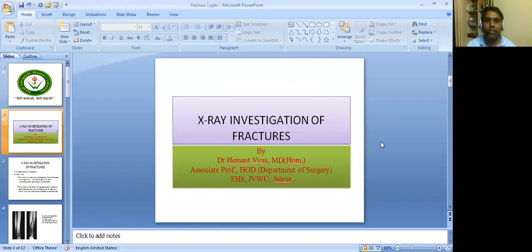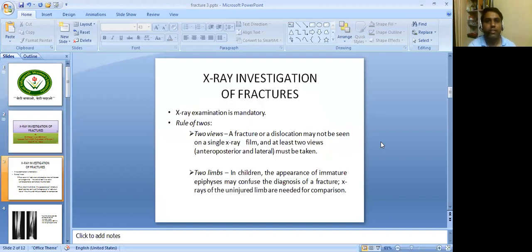Myself, Dr. Hemant Vyas, Associate Professor and Head of Department of Surgery, Faculty of Homeopathic Science, Jyoti Vidyapeeth Women's University, Jaipur. Today, in our class of orthopedics, we are going to study about X-ray investigations of fractures. In this session, we will study about how we should define a fracture and how we should explain a fracture